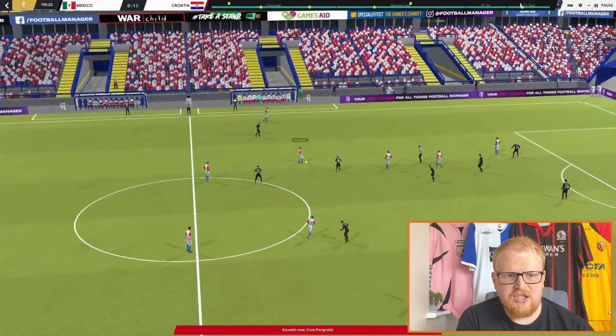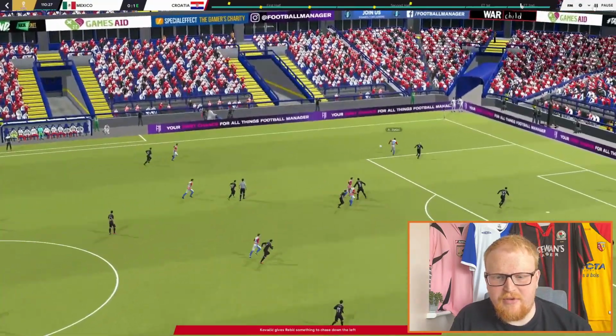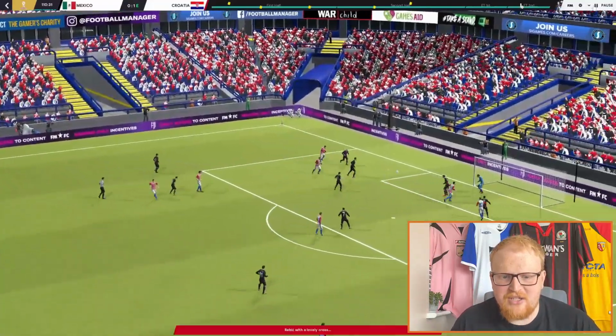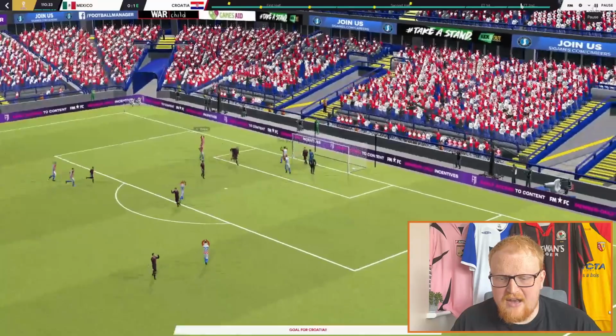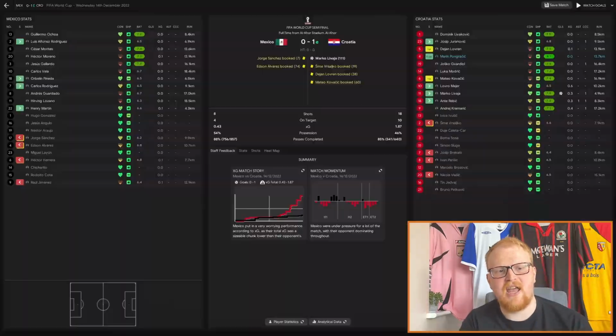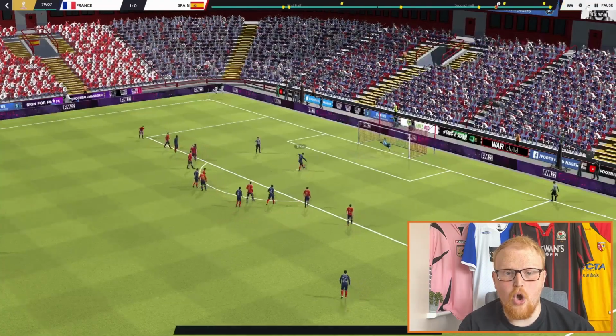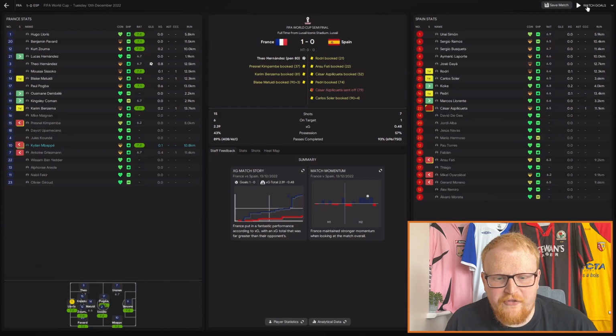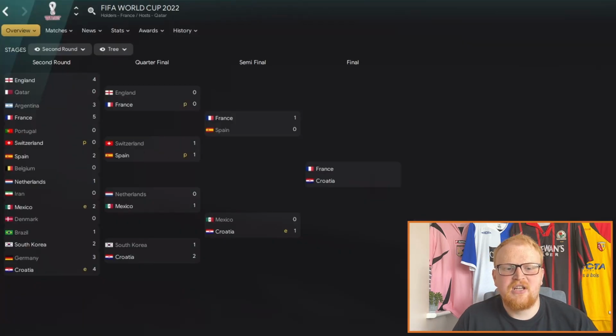Semi-final time, and Spain and France is the other semi-final. We've got Croatia now in extra time, unable to get ahead of Mexico during normal time, but that was the difference maker. A bit of a sloppy defensive performance from Mexico in the end. Croatia through to another World Cup final, and they'll face France once again, who scored from the spot with 10 minutes left. Theo and Anderz putting France into the final.